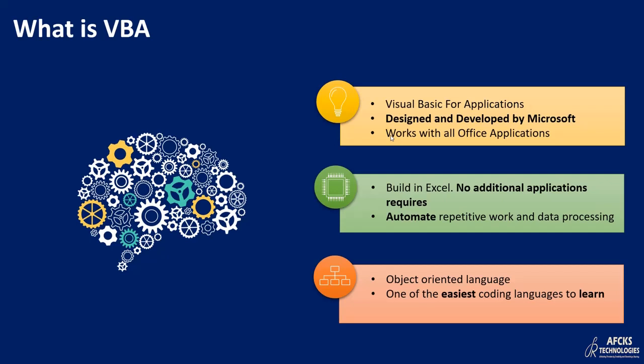It's an object-oriented language, and I'll explain what that means in a while, or when we start the class. But think about it in a way that everything that you work with in VBA has a name and you try to manipulate it using that language. So that's why it is in a way called object-oriented. And it is one of the easiest coding languages to learn. This is the first language that I learned in programming. I also know many other languages now, but this one was the basic. So if you're doing programming for the first time, this will help you enormously.